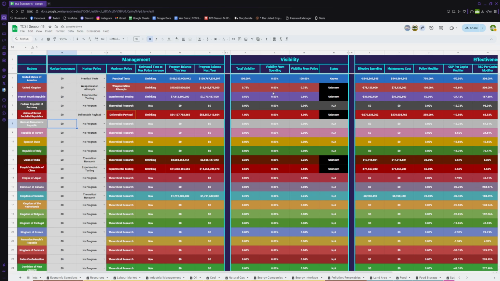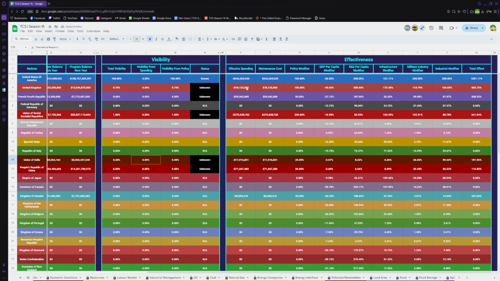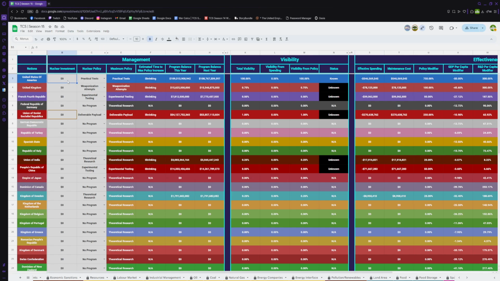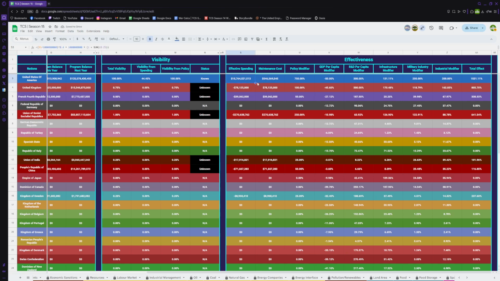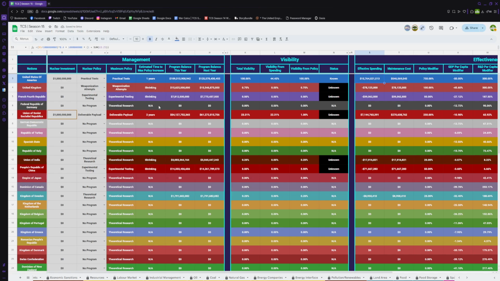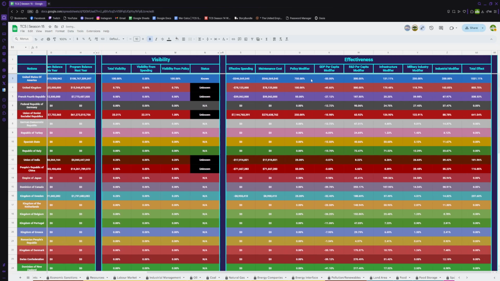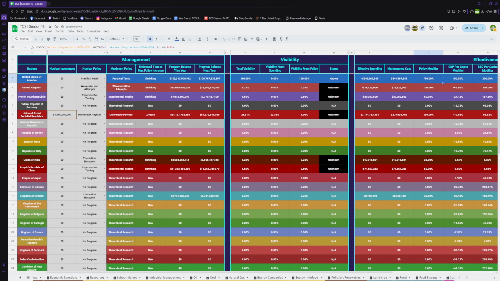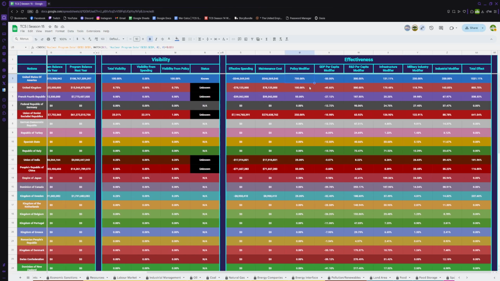Beyond that, your policy impacts your visibility, namely when it's operational nuclear arsenal or practical tests. And you can see your effective spending here. This is the value you get out of your money. So if we invest $1 billion as the USA, we will see they get 15.7 billion in return. And you can see the reasons for that is they've got global, also they've got practical tests, which